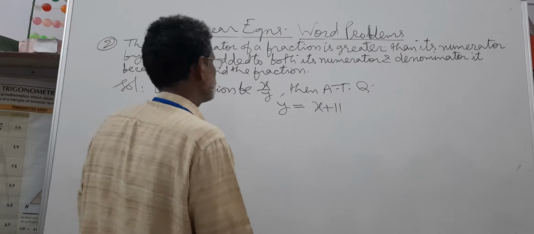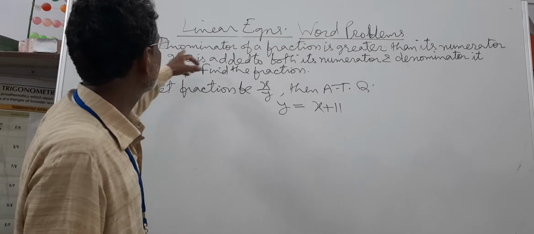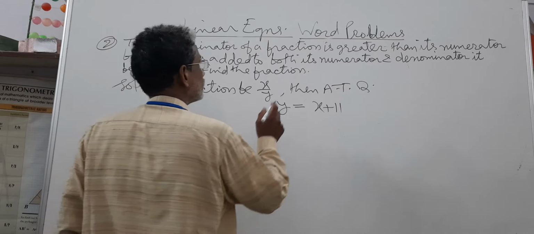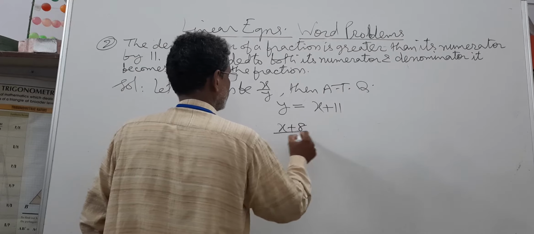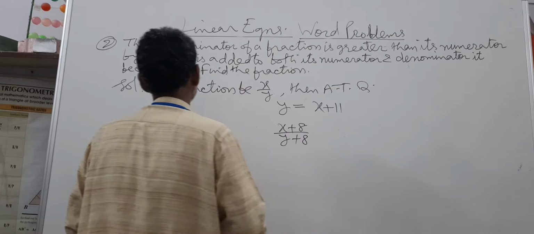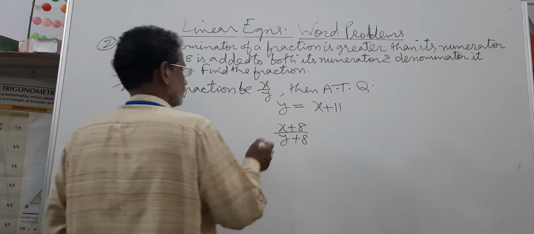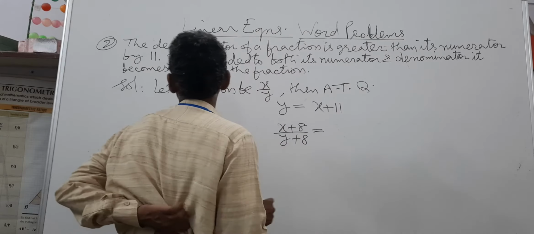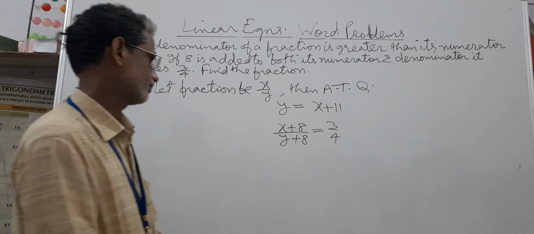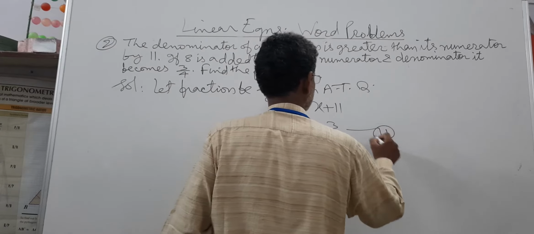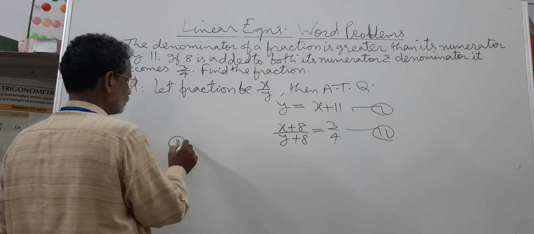What is your second condition? This is your first condition. What is the second condition? If 8 is added to both numerator and denominator, then the fraction becomes 3 by 4. These are two conditions. Equation 2 implies